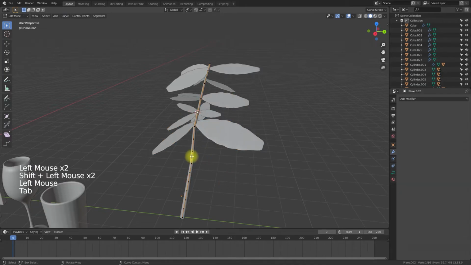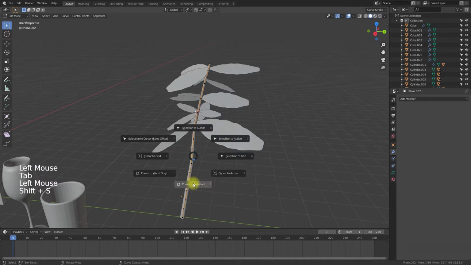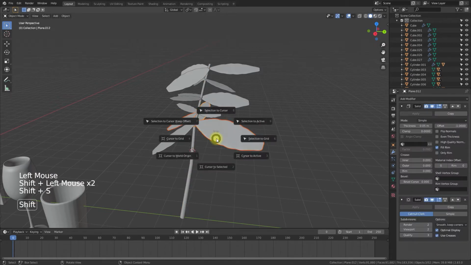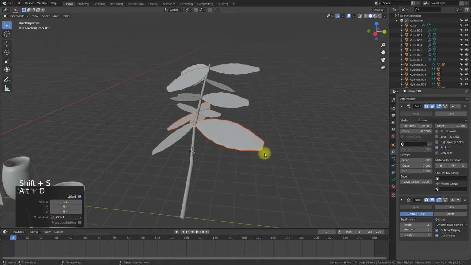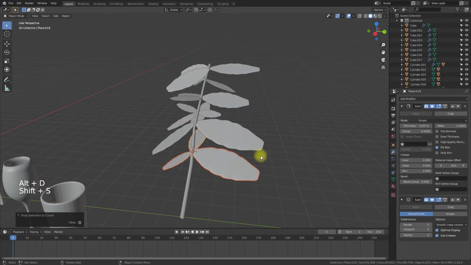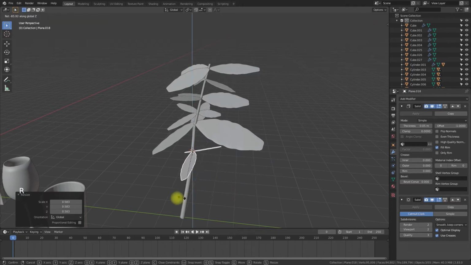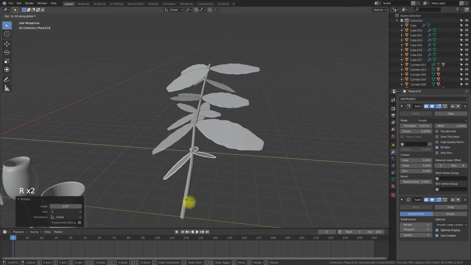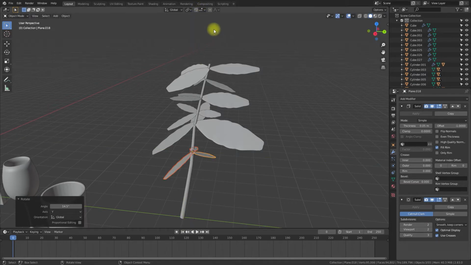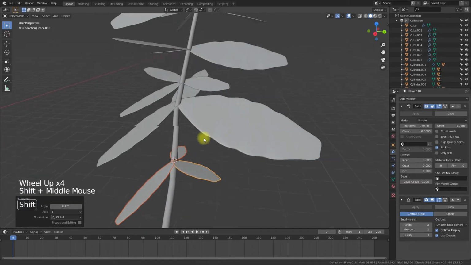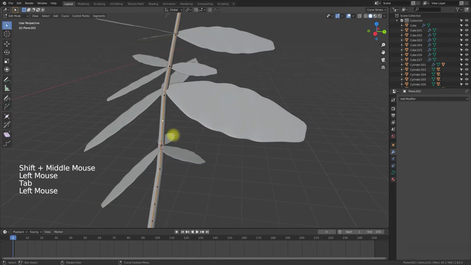Okay, we do it one more time. Sorry, Shift S, cursor to selected, and Alt D, Shift S, selection to cursor, S, and RZ, RY, sorry,